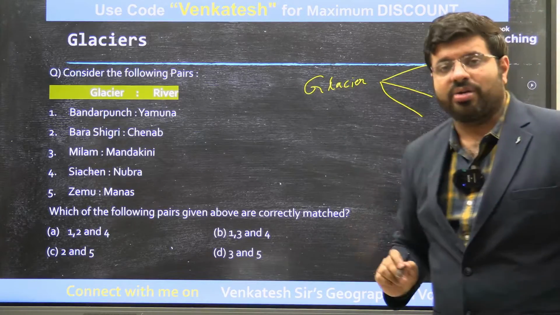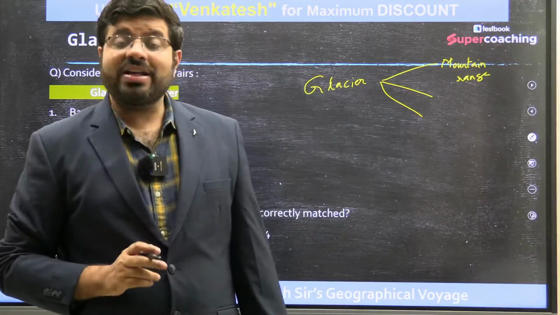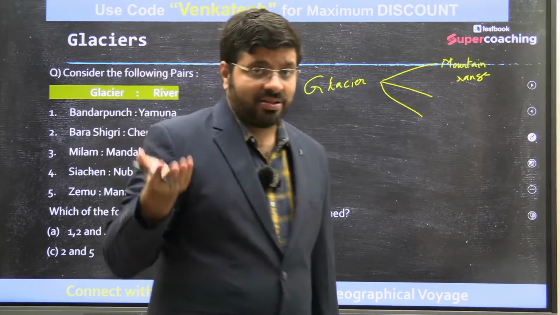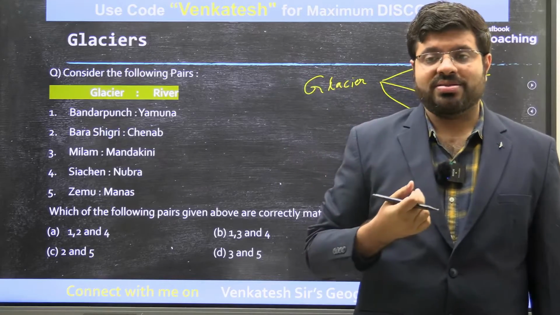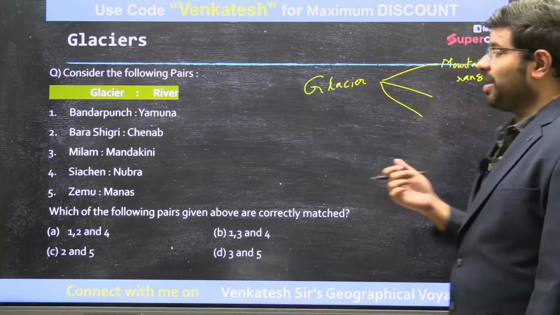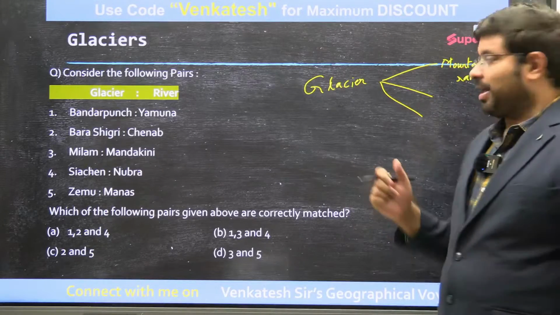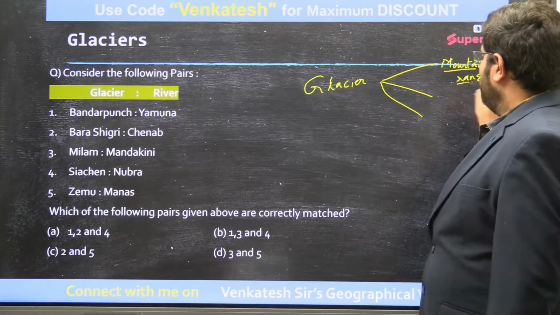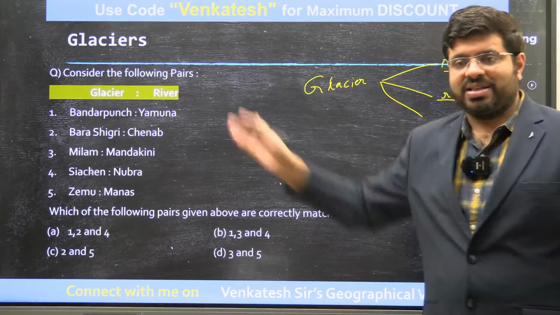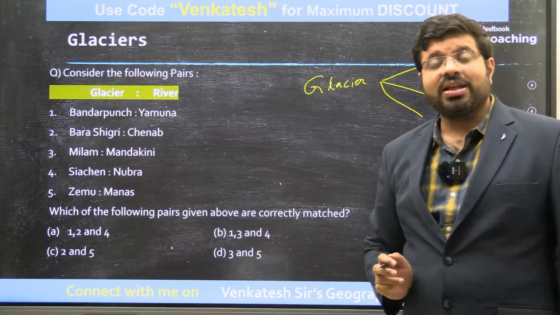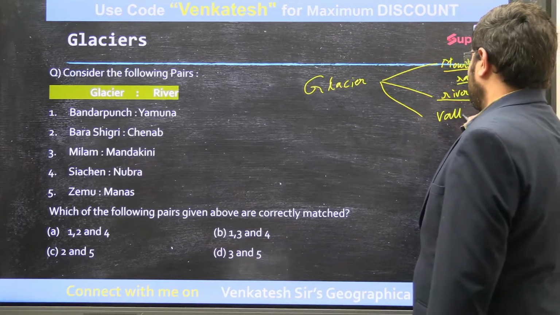say like the Karakoram range, lesser Himalayas, greater Himalayas. Definitely Shivaliks' altitude is not that high. So it would be the greater Himalayas, Tibetan Himalayas, or the lesser Himalayas. They can ask you about a mountain range like the Pir Panjal range, like the Karakoram range. They can ask you about the river which is originating from that particular glacier, as you see in this question. They can also ask you about another thing, the nearby valleys.